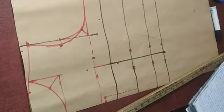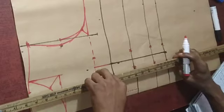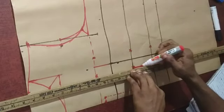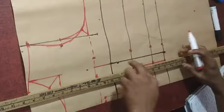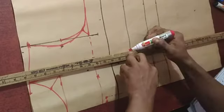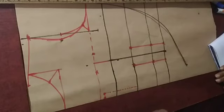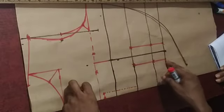1 inch here. Okay, so now we've done this. Next thing we are going to be doing is marking from under bust down to this particular point. Are you seeing it? Straight line. Then next we are also going to be marking this point from here down to this particular point. Okay, so after marking out all this, after connecting these ones, as you can see, I want you to